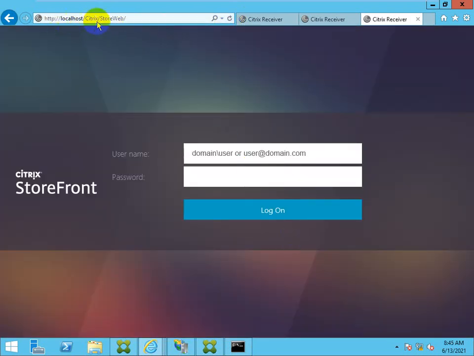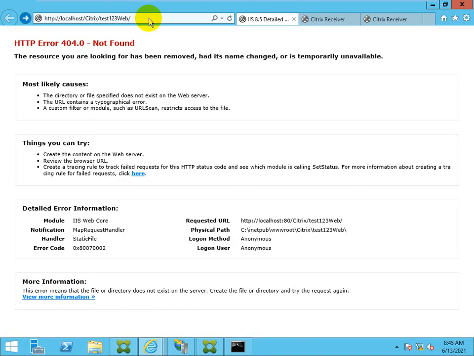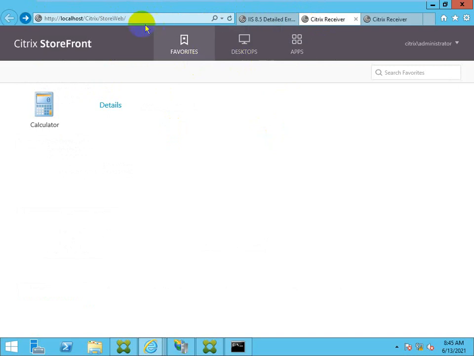So Citrix Store Web is accessible, but this would not be accessible because I have deleted this. Again, this is store web.